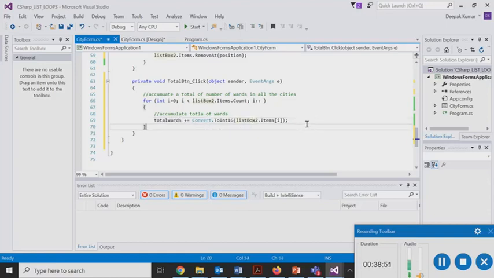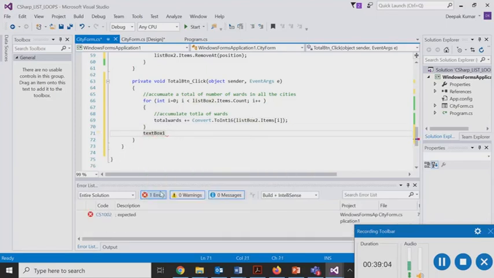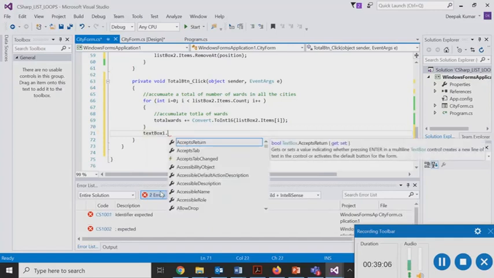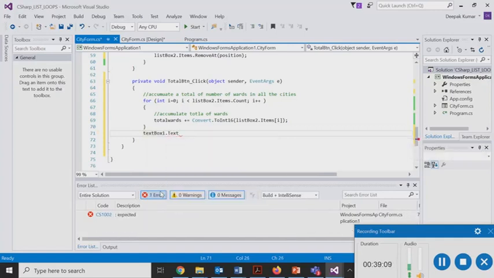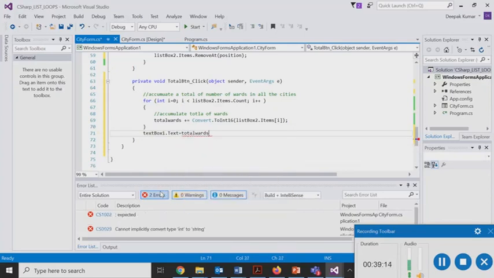So this is what we have done so far, and finally once we have done this, we want to display that in a text box. We added a text box to the form interface, so the textbox1.text property will now be displaying the total wards. Remember, this total wards is an integer type variable, and the text property of textbox1 displays only string type values.